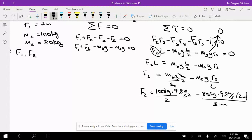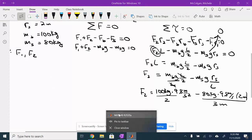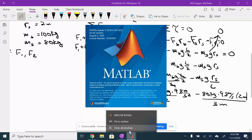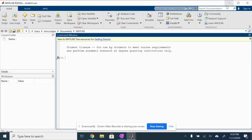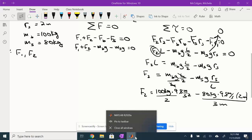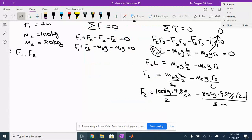I'm going to plug this into, it's already in my MATLAB, but I think I did one of the equations wrong. So let's just go back and check. Oh, that's not what I wanted to do. Hopefully it won't open it a third time. Okay, so we can just go here